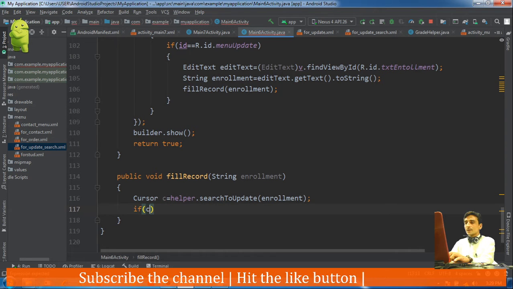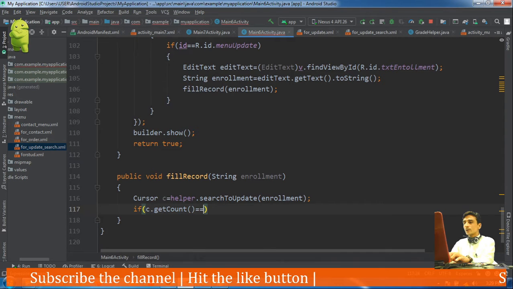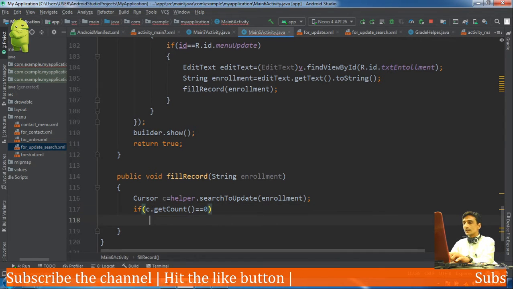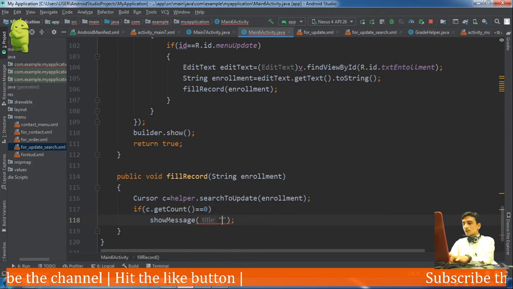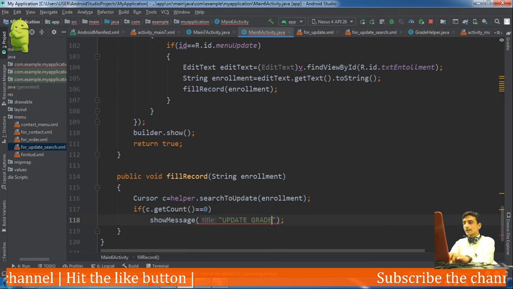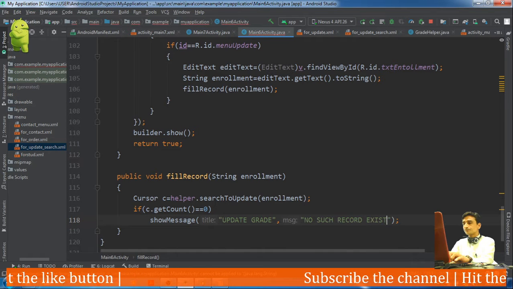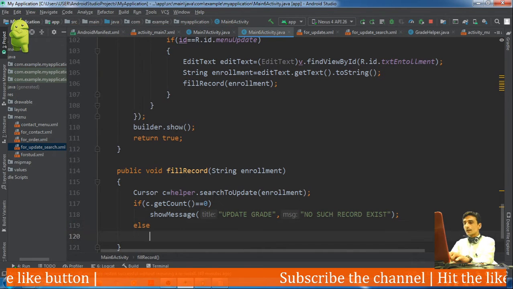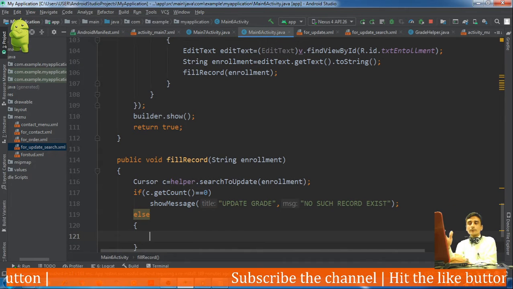Now if c dot get count equals 0, then show the message update grade, and the message is no such record exist. In the else part, we need to show the record in the views.